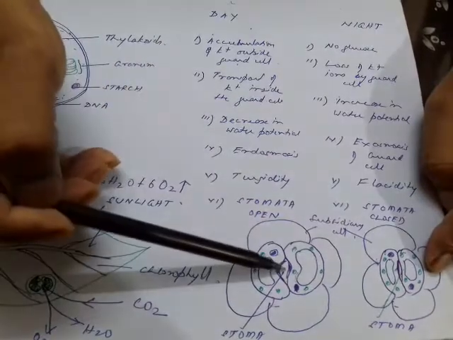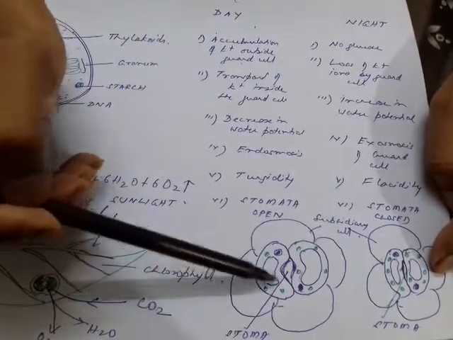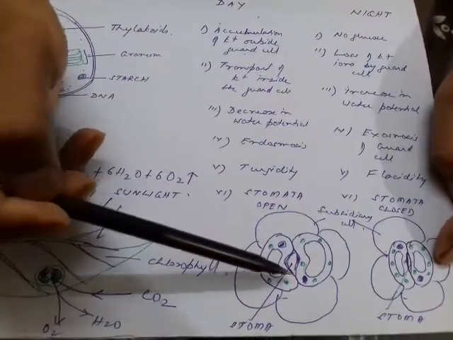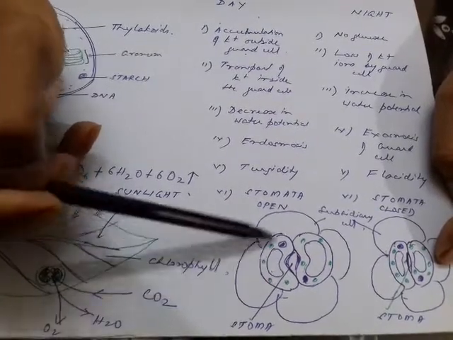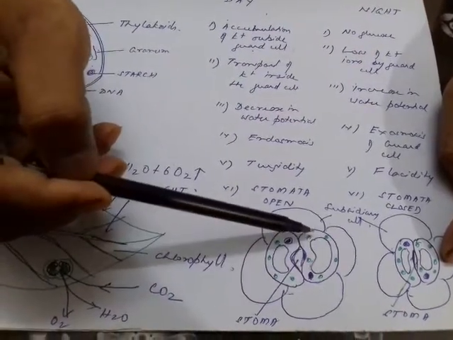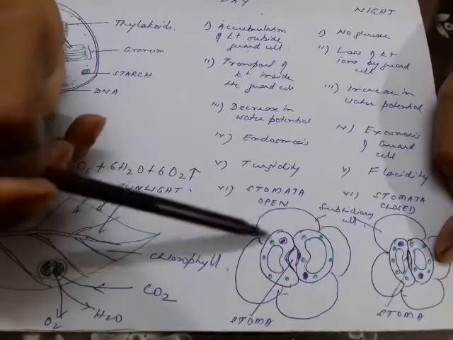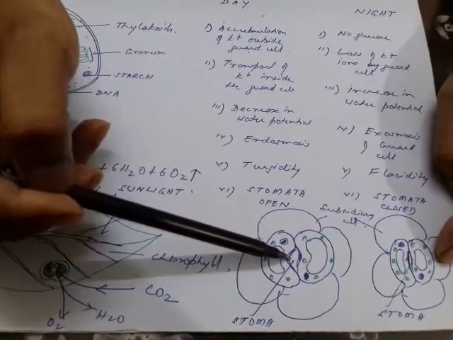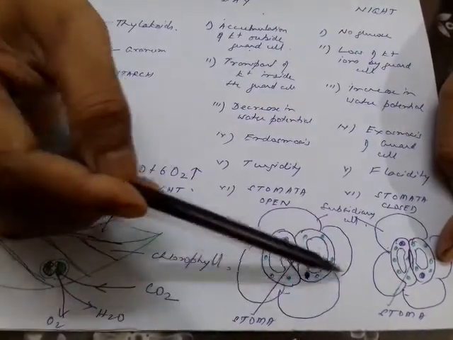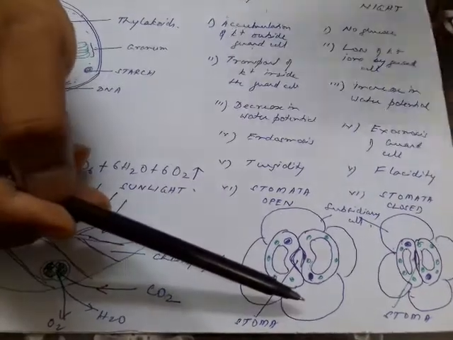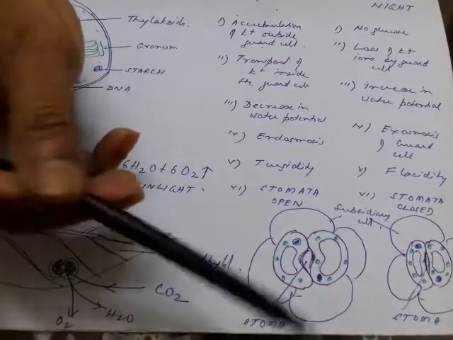So usually this opening and closing of stomata is controlled by the guard cells. These guard cells are two bean-shaped cells which are found on the epidermis, and together they are called the stomata, and the opening is called the stoma. It is surrounded by other epidermal cells which are called the subsidiary cells.